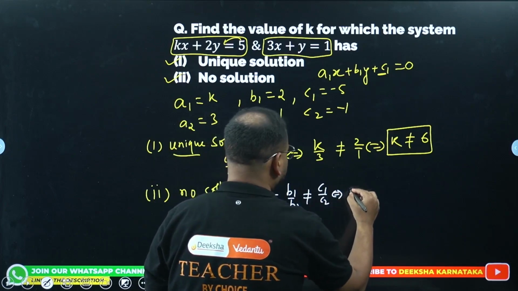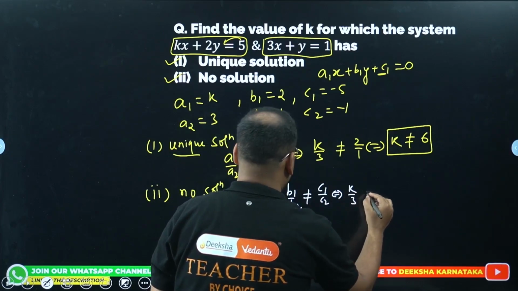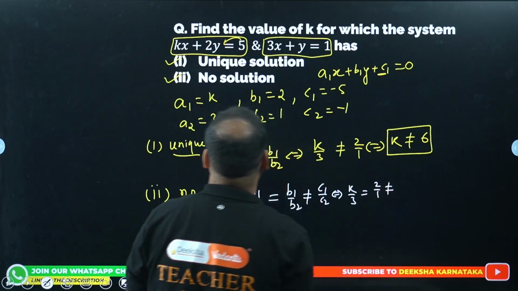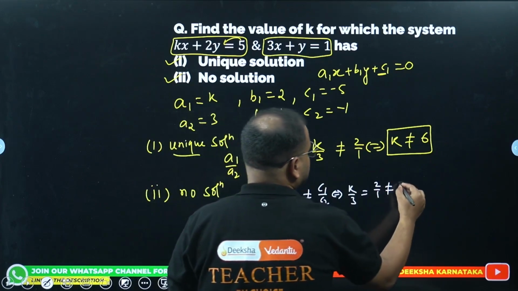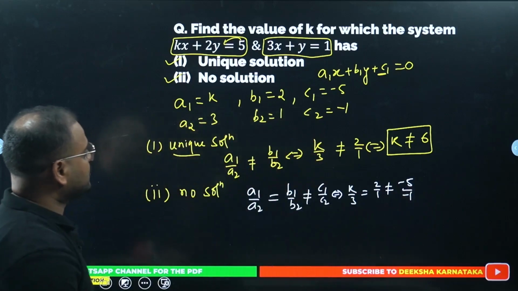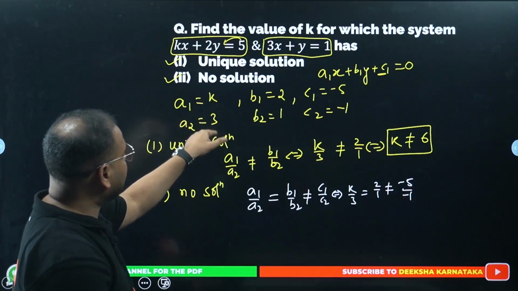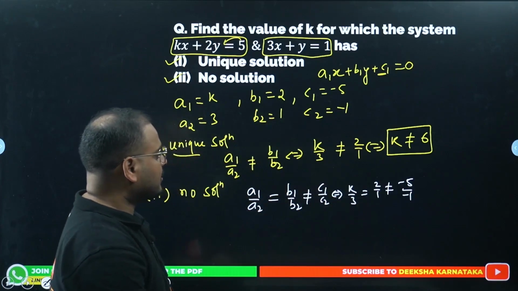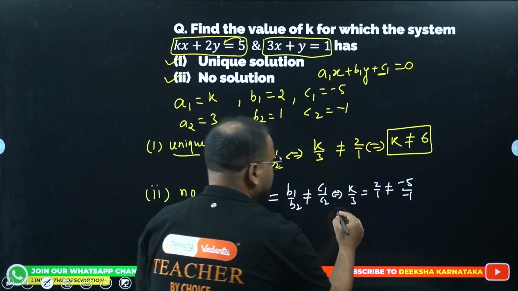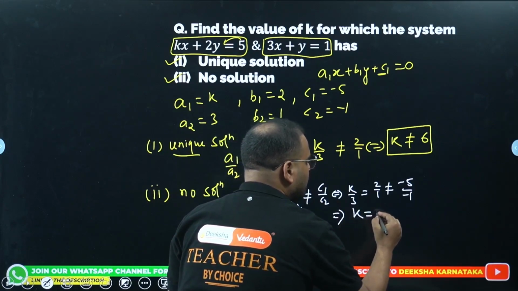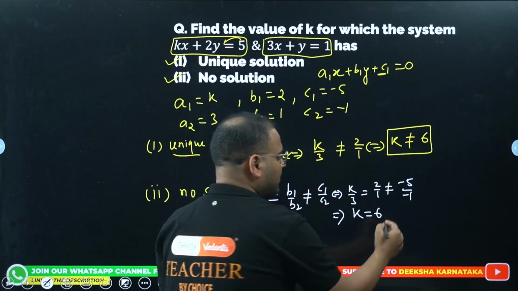Let's continue from here. K by 3 equal to 2 by 1 but not equal to minus 5 by minus 1. Am I right? Cross check. 3k by 3, 2 by 1 and minus 5 by minus 1. Okay. So if you continue to solve this, what do I get? K equal to 6 but not equal to,